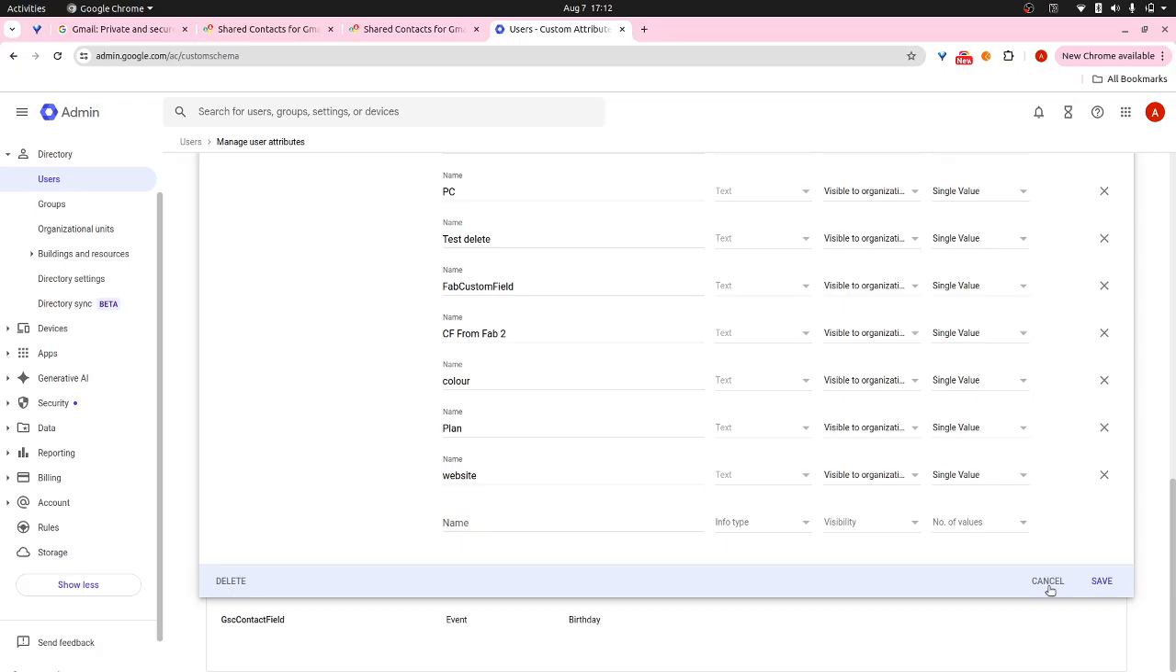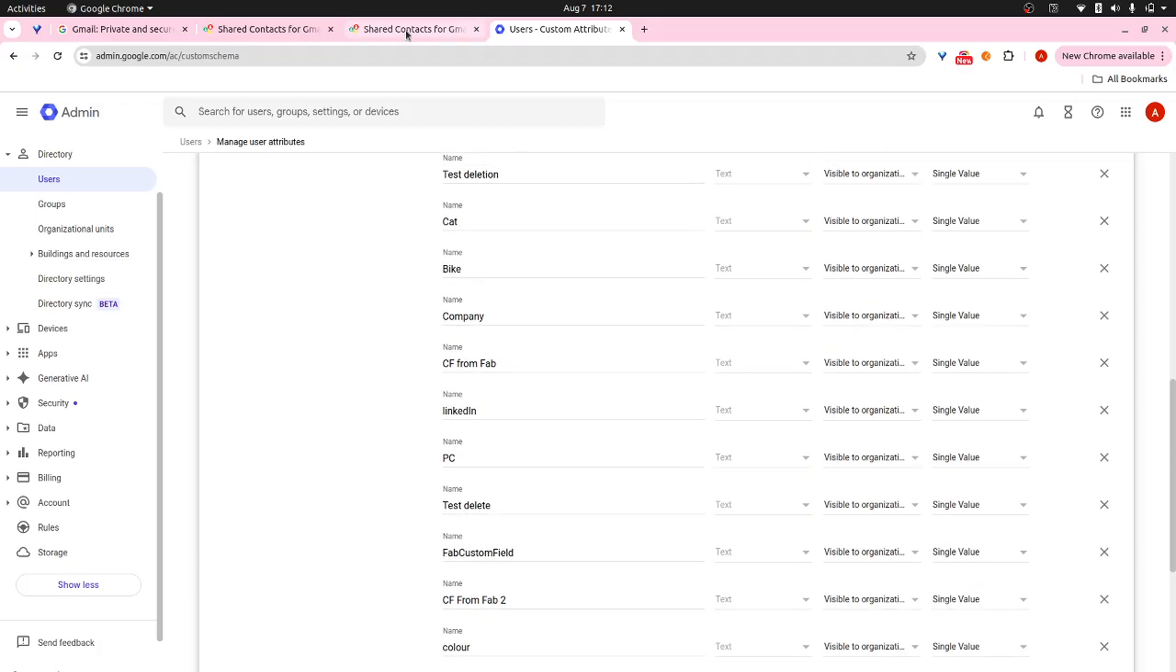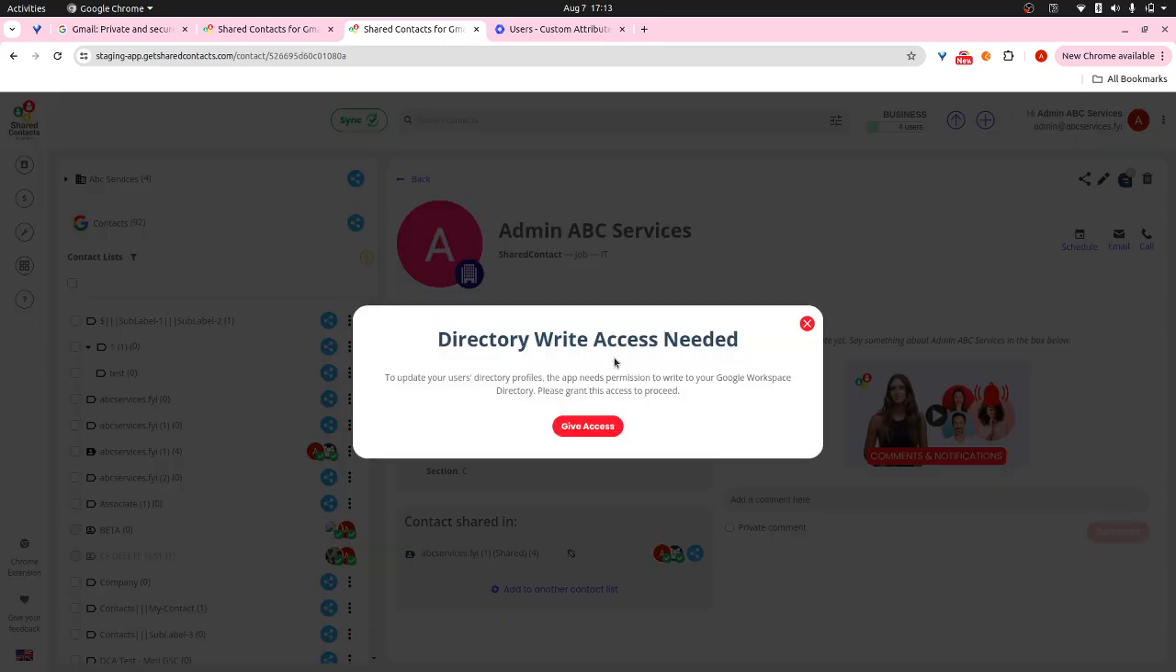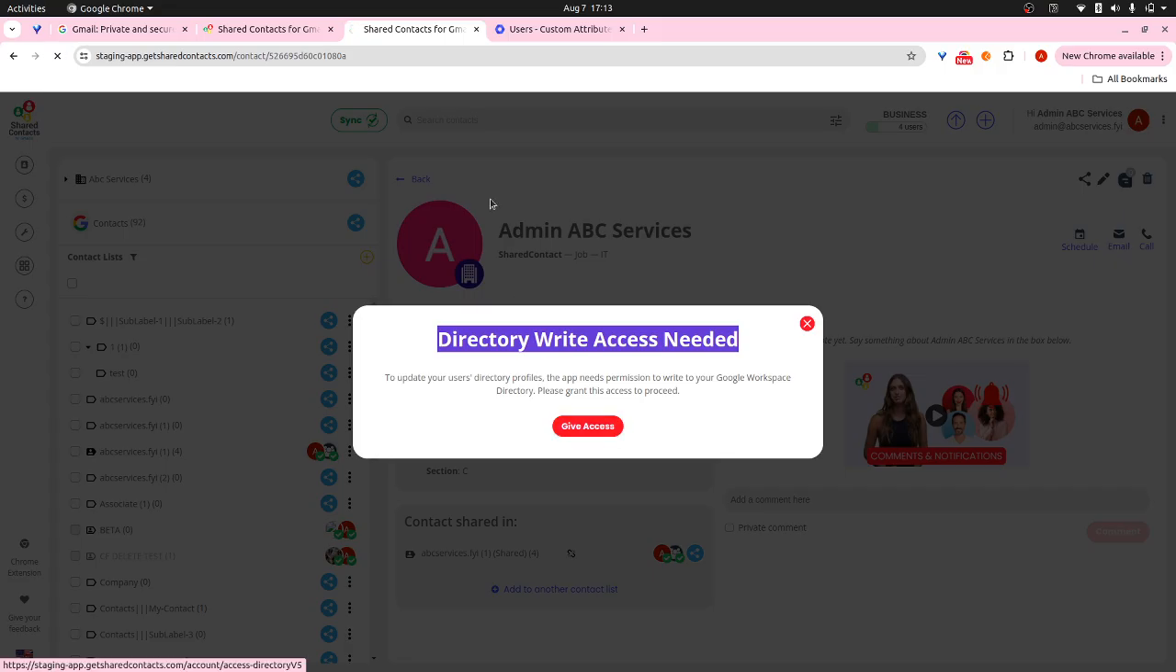So let me show you the complete working so that you can also have an understanding of the same. Whenever I am clicking on the user details, like this is the directory user details, and whenever I am clicking on the edit button, the application is asking for the directory write access needed. So whenever I'm going forward,